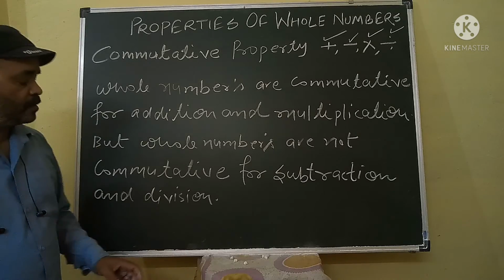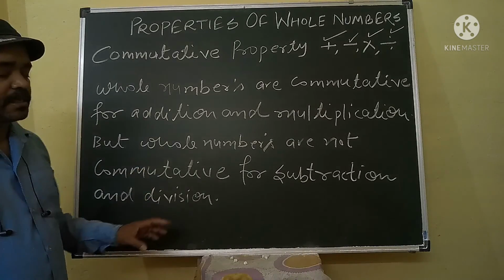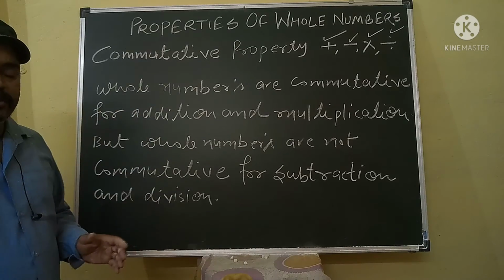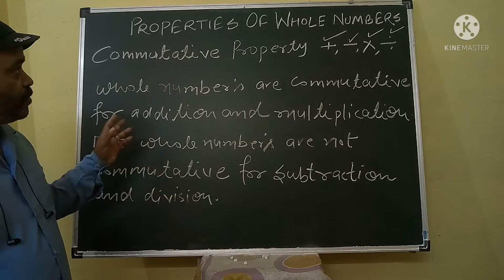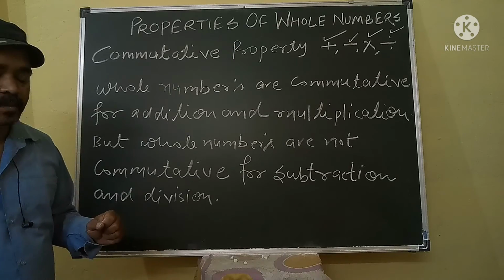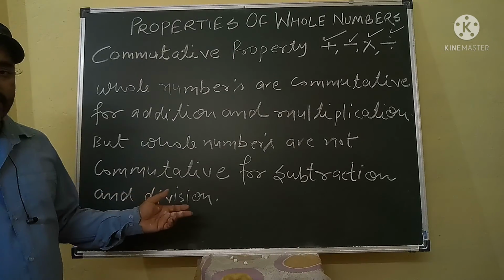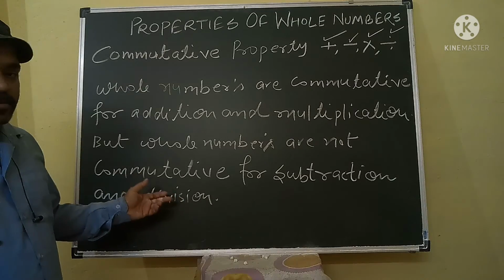So my dear students, this is the closure property and commutative property for whole numbers. I hope that it will be very knowledgeable to you